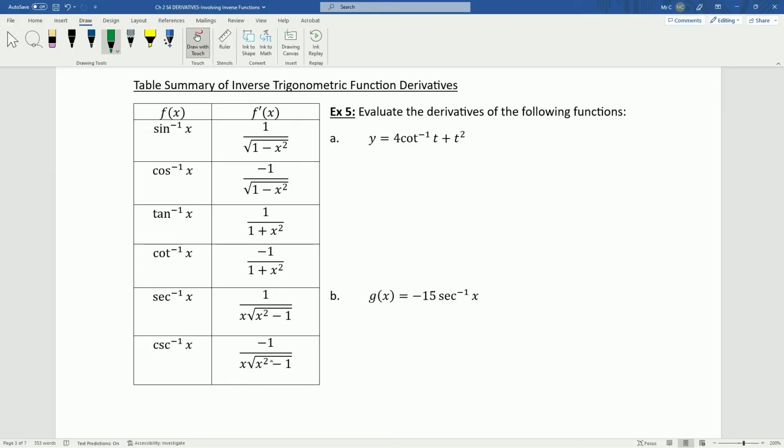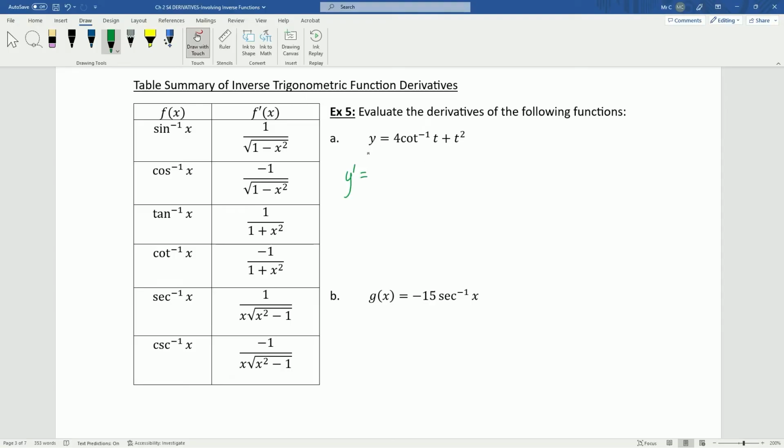So that should make it a little bit easier. If you memorize sine, tangent, and secant, and you get those down really well, then all you have to do for the corresponding cofunctions is just make them negative. Okay, so